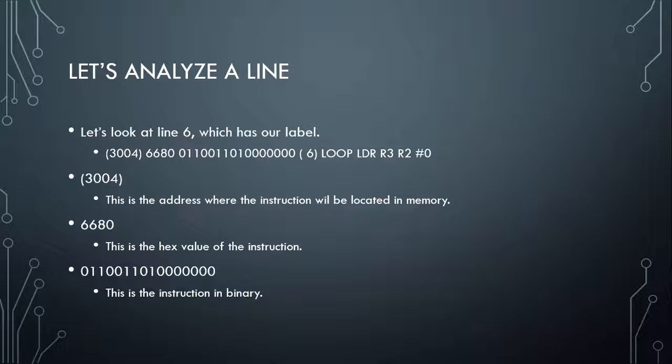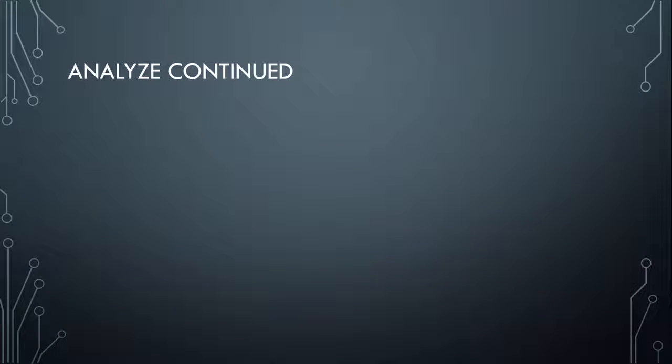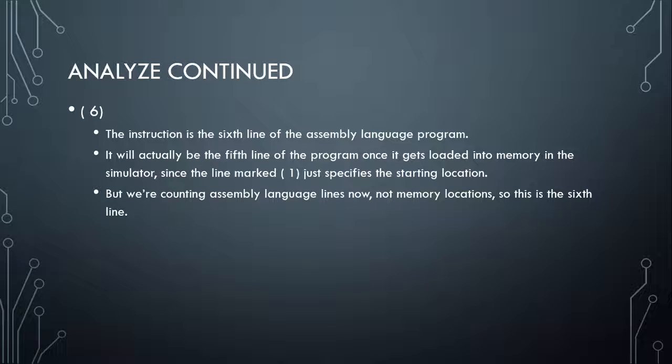The next item, of course, is the binary instruction of that same code. So with assembly, it will have the hex and the binary. If we continue to analyze it, we have that parentheses 6. What this means is that this instruction is the 6th line of the assembly language program. Now, it will actually be the 5th line of the program since it gets loaded into the memory of the simulator. But since the line marked 1 specifies the starting location, and we're counting assembly language, not memory locations,